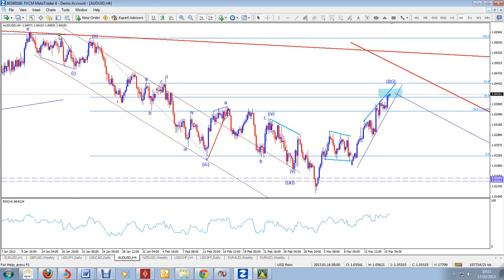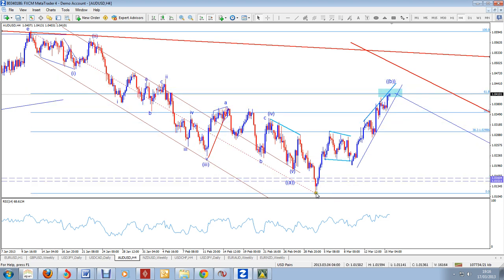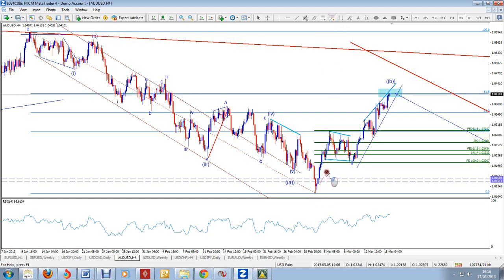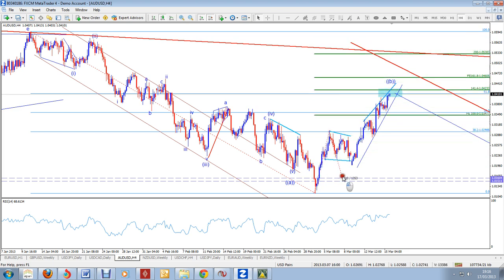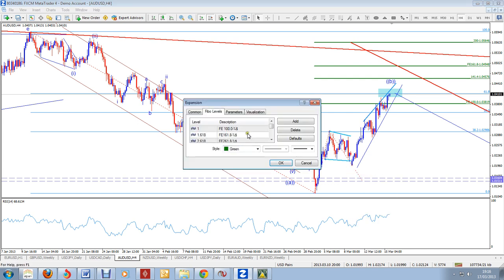In terms of the retracement, let me just put this one where it should be. See, we have retraced 61.8% of the entire decline, and we've also had this ABC pattern to the upside. And if we do a Fibonacci on ABC, then it looks like we've got just over a 1-to-1 relationship. For example, 1.272.